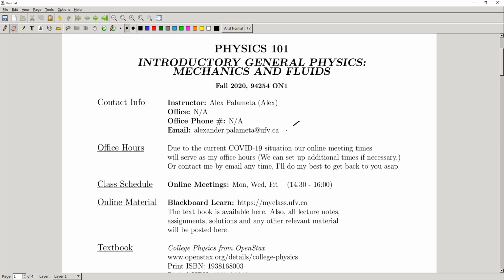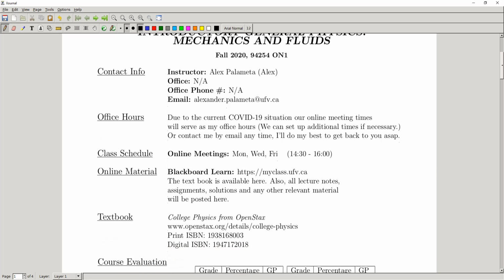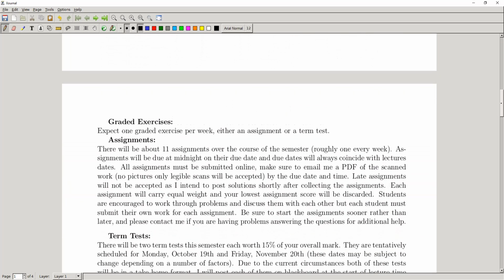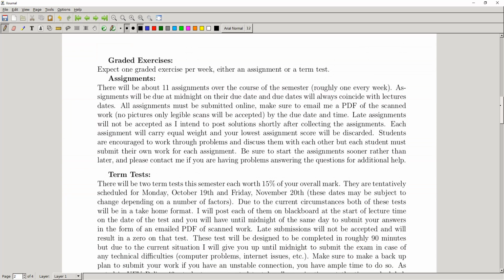The assignments will always be due on a lecture date, and for us lecture dates are these days throughout the week here. So the assignments will always be due on those dates, and you can submit them up to midnight of that night. I won't accept any late submissions, and when you submit them, you need to submit them, as I mentioned, to my email in the form of a PDF. It has to be a PDF so that I can open it. And I would really not like to see any pictures. I need to see clear work that I can easily read. So make the grading easy for me so I don't have to search for ways to get you guys marks, right? Make it clearly legible.